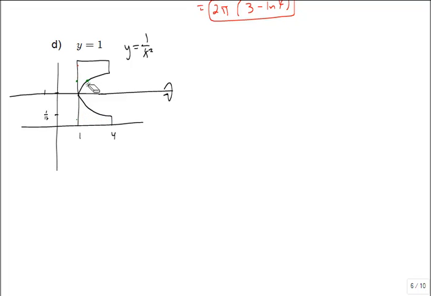So let's draw in what our washers would look like. If we do washers, washers go perpendicular to the axis of revolution. So our axis is horizontal, perpendicular would be vertical. So our washer would look like this over here. Or if I drew some over here,